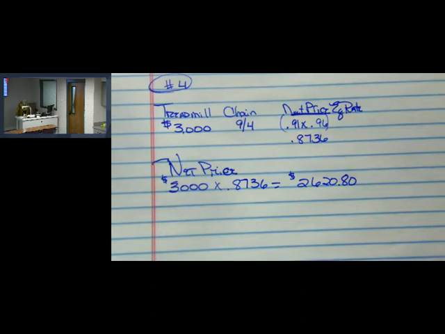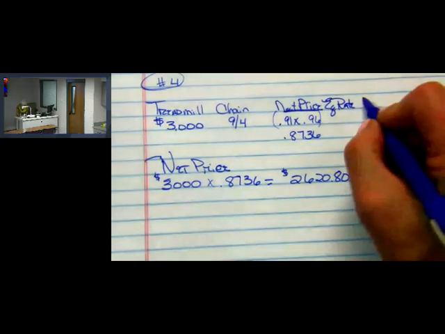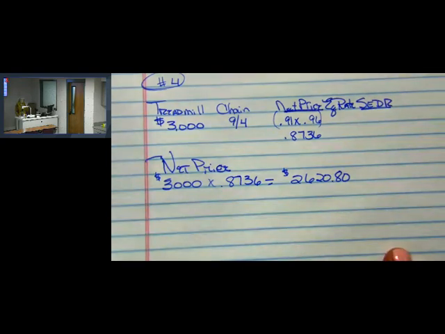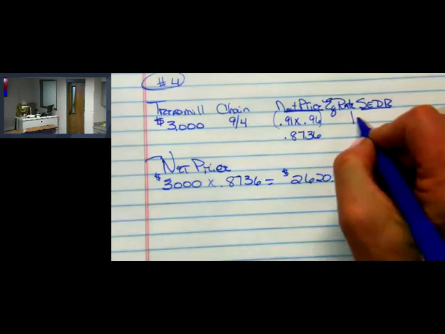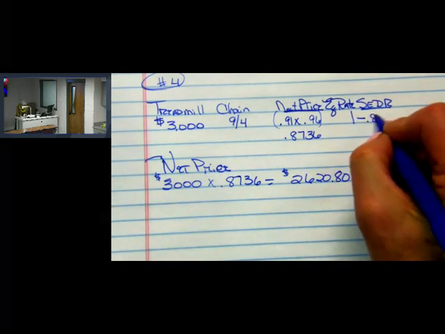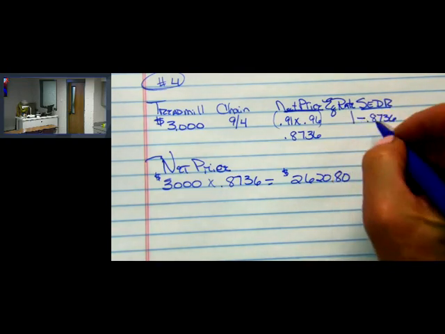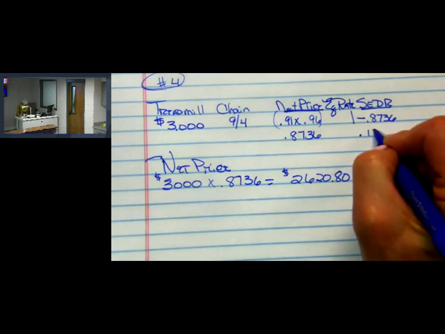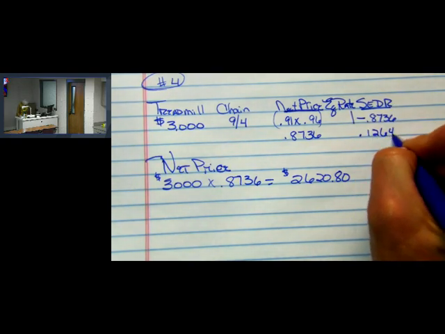Okay. If I want to know, again, I'm going to do one more on this. If I want to know my discount amount, clearly you could subtract these two and figure the discount amount. But let's just do the single equivalent discount rate just for fun, okay? So I'm going to do the single equivalent discount rate here. When I use this rate, I'm actually solving for the discount amount. So to figure that, I'm going to take 1 minus my net price equivalent rate, 0.8736. 1 minus that is going to give me a rate of 0.1264.